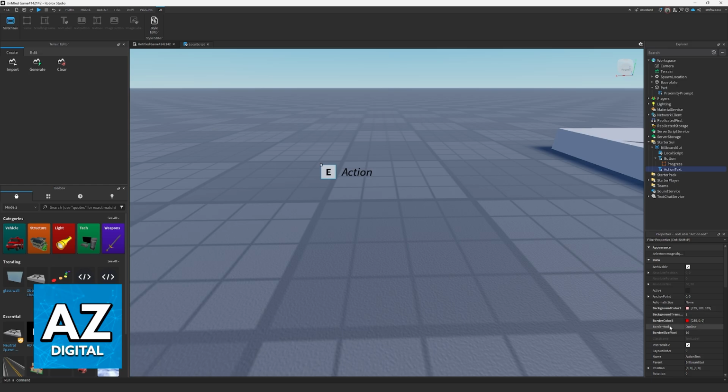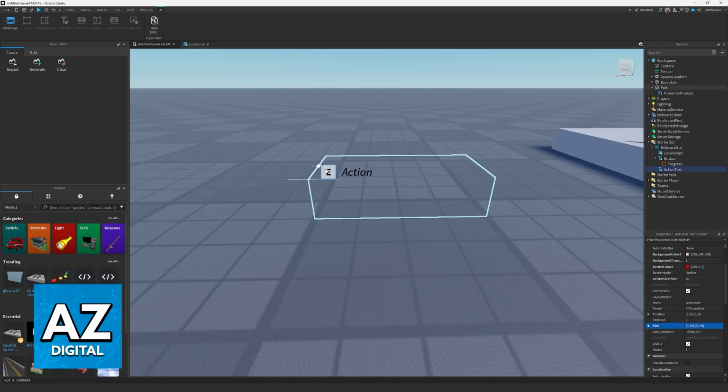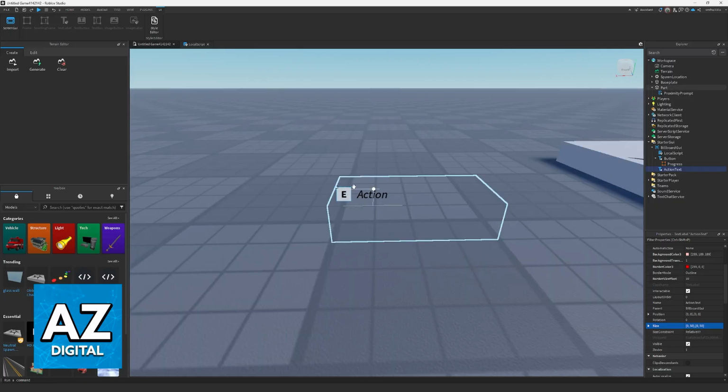You can change the size, the border color, the background, and whatever you prefer. So you will be able to customize their position using the size here. So as you can see by changing these values to 0 50, 0 50, they look like a specific keyboard key and then the action label. Once both of them are set up, you have to go over to the button and